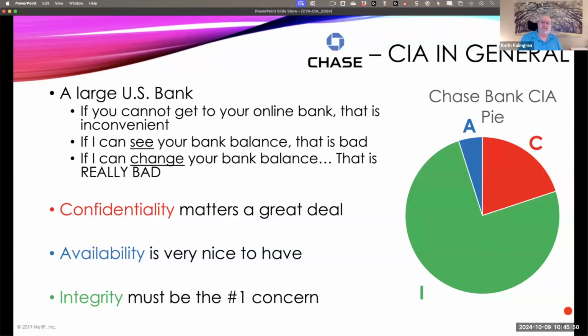I'm talking very specifically here about the online banking part of Chase. But if you start looking at online trading and stock market stuff, there's all kinds of laws, and this pie chart would have to change because they would have to have availability take a much bigger part of that. But this again is, let me try it again. This right here is very specifically for the online banking part of that particular company.